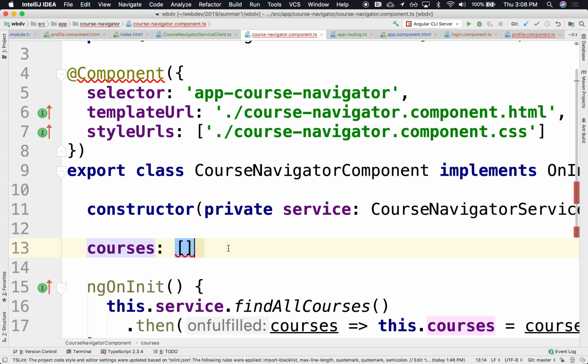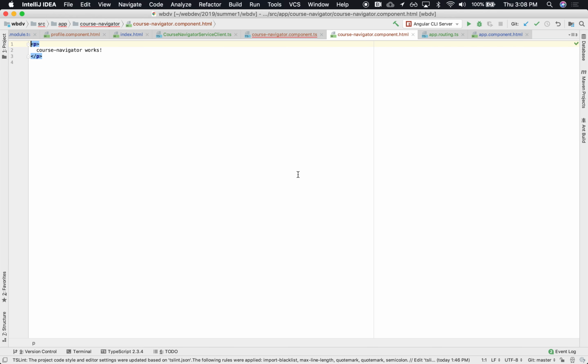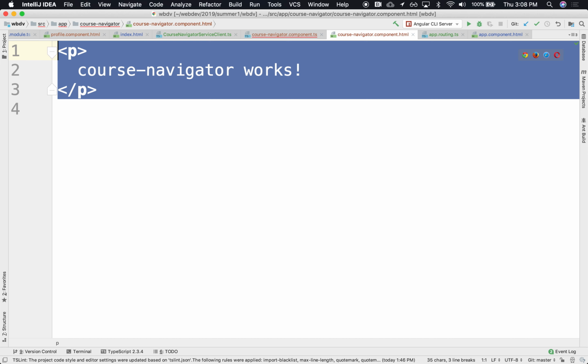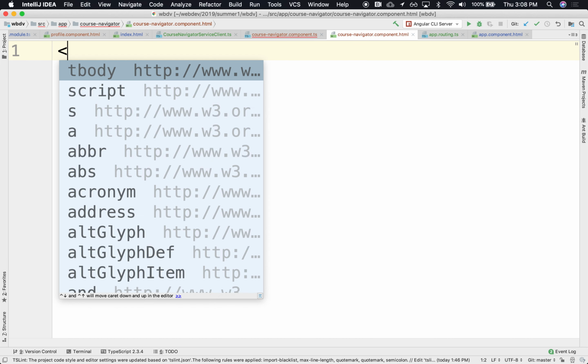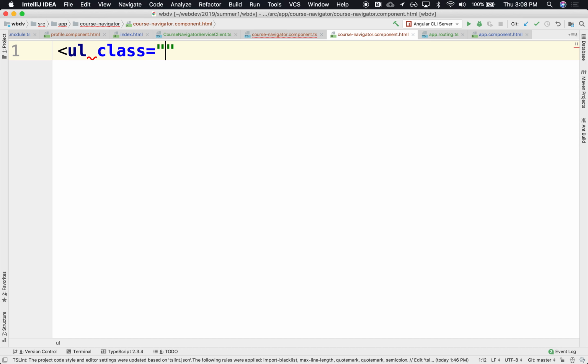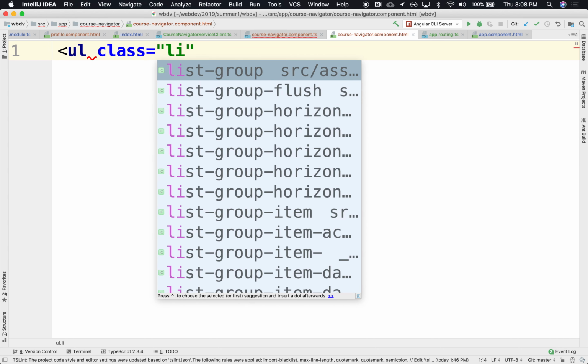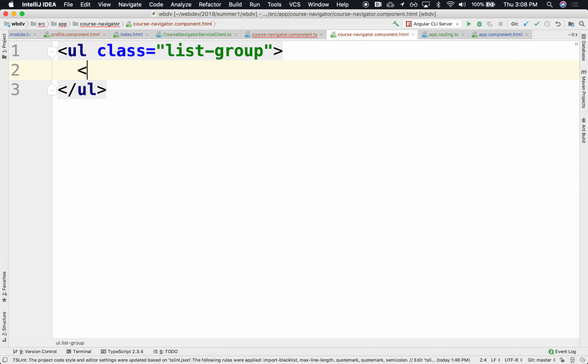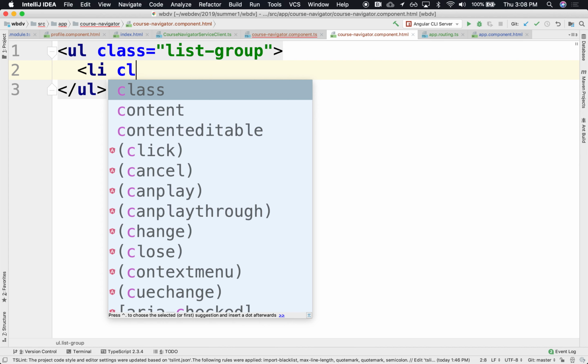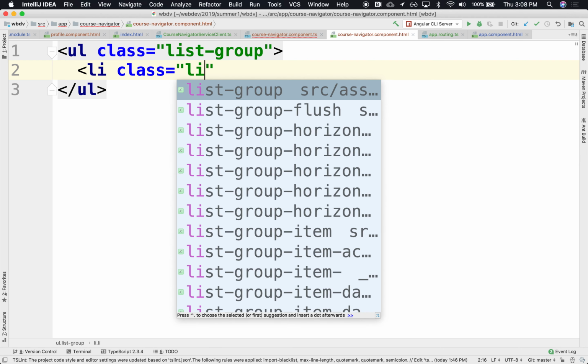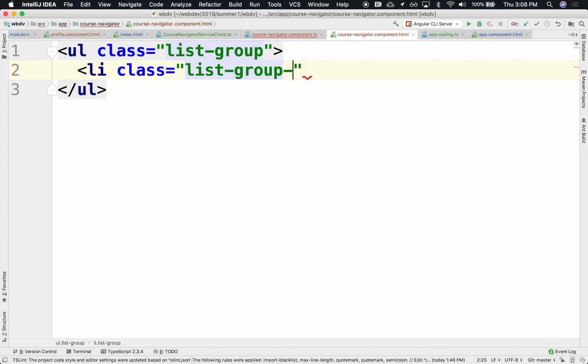Well, let's try doing that. In the HTML here, I can try and iterate over that list of courses. We say UL class list-group, and just iterate over this list-group